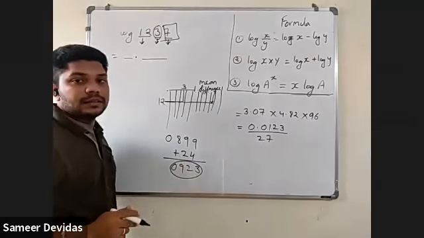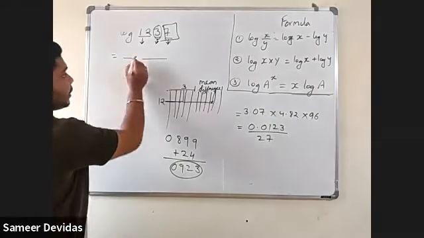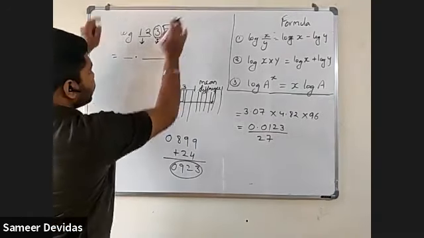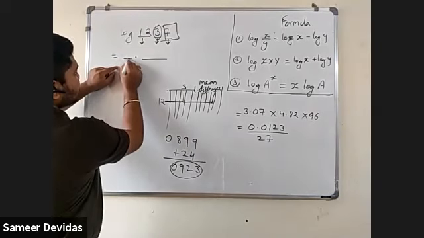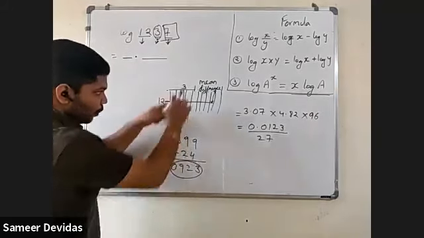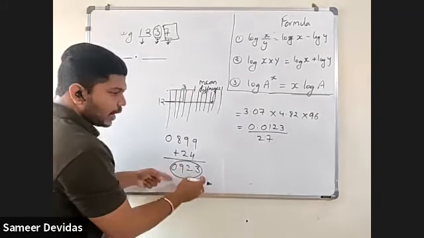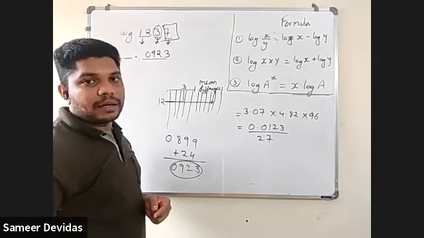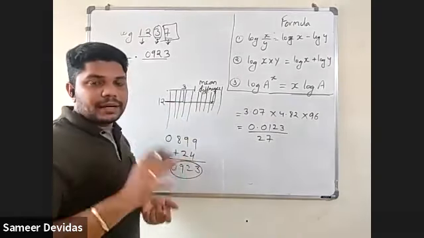This is your answer. Now, where will you write this answer? I have told you, whenever you find the log of anything, there are two parts. This is one part, then the decimal, and then another part. So after finding all this, whatever answer you have got, this is the second part. Have all understood how to find out the second part? Yes, sir. Any difficulty till here? No, sir. Now we will go for the first part.